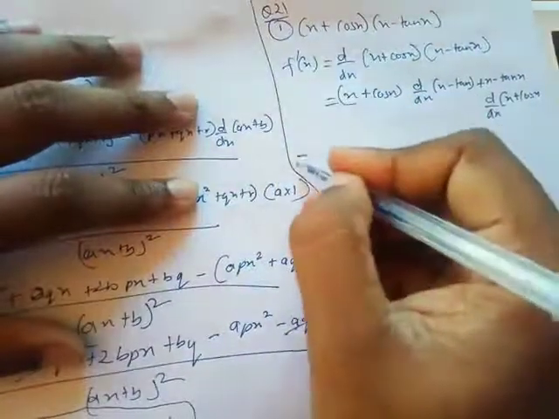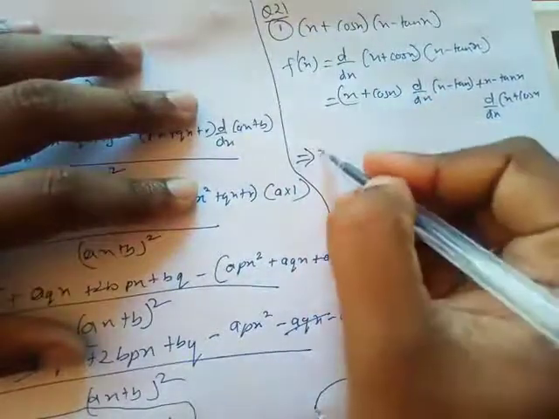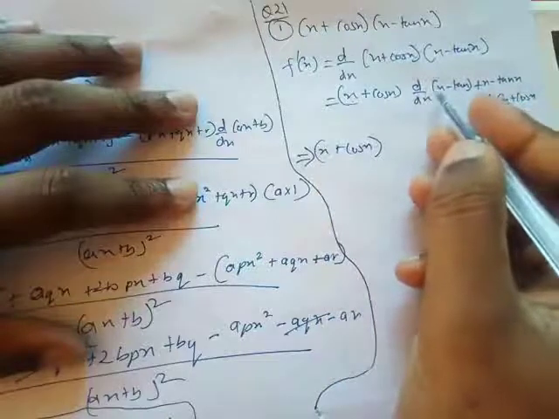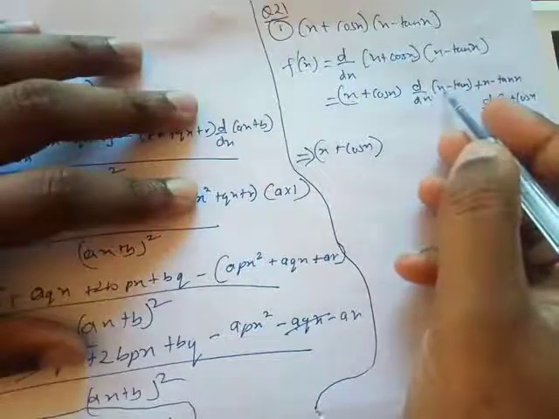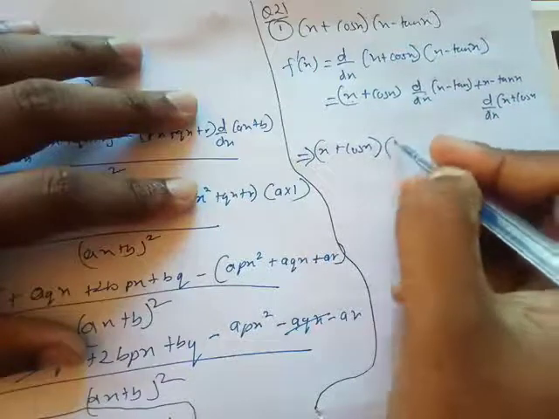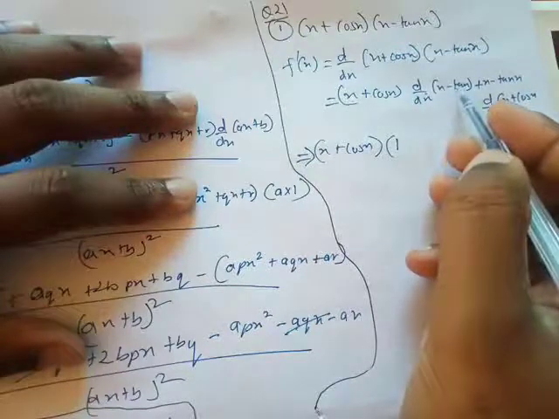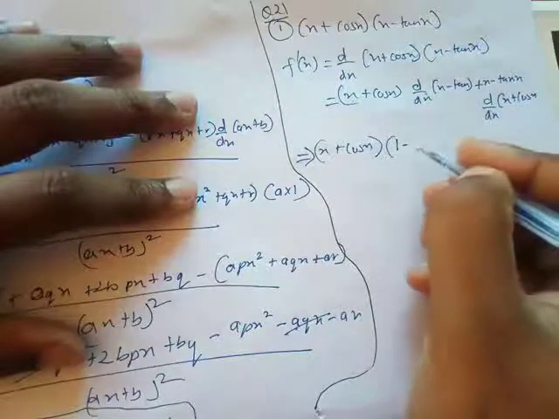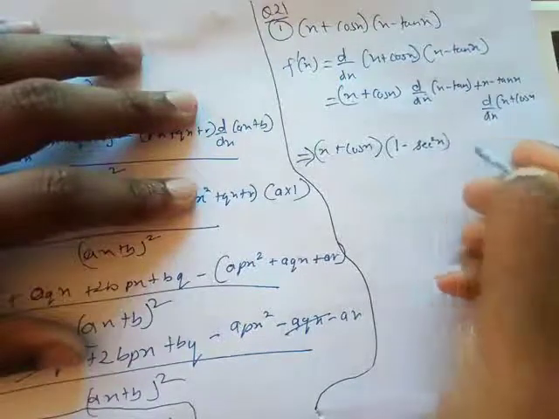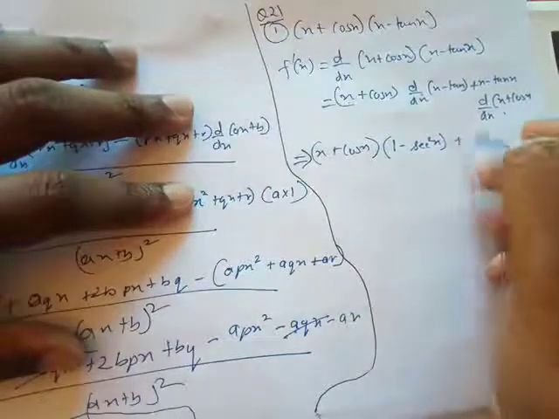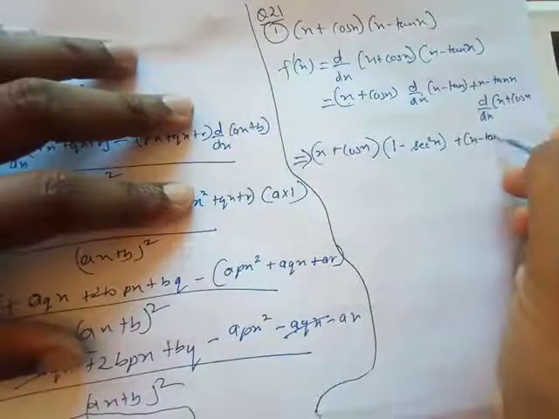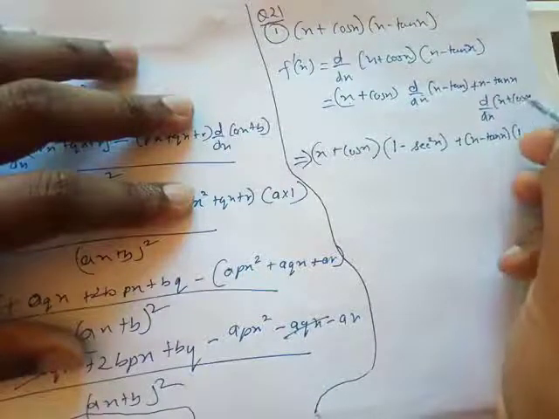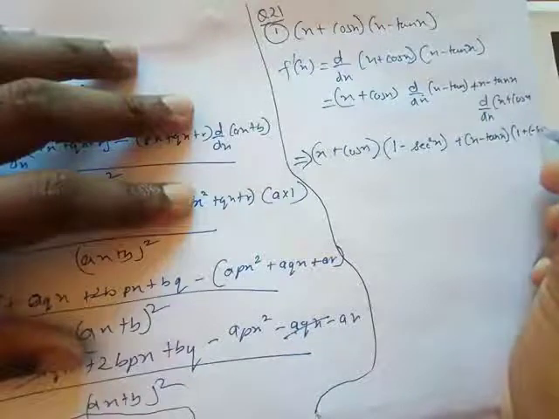Okay, so we'll be solving it. x plus cos x is going to be just like that, and I'll find the derivatives one by one. Derivative of x is going to be 1, you know that. Derivative of tan x is going to be, you know, sec square x. So I got plus x minus tan x as it is, and the derivative of x is again 1, and derivative of cos x is going to be minus sin x.